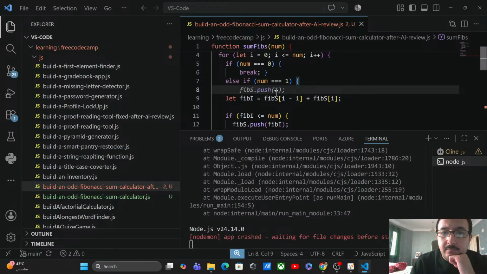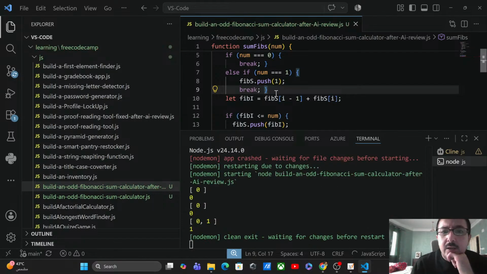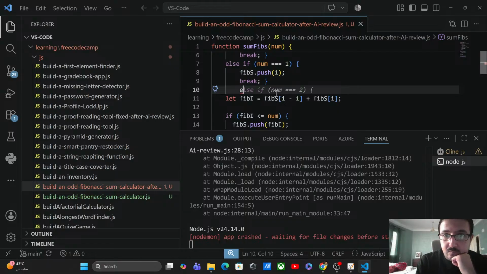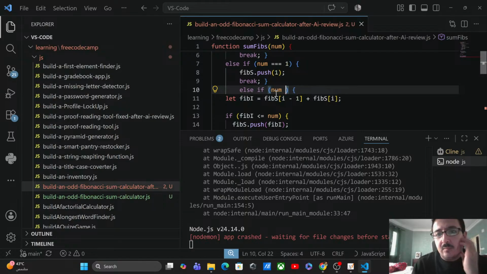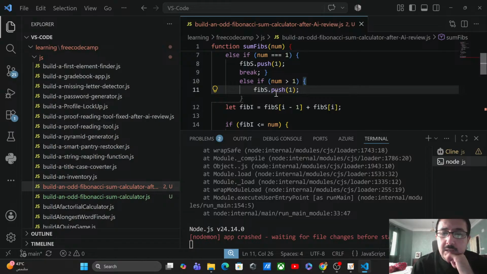So push 1, break. Okay. Else if, nope, nope, it's larger than 1. First, we're gonna fibs push 1, and then